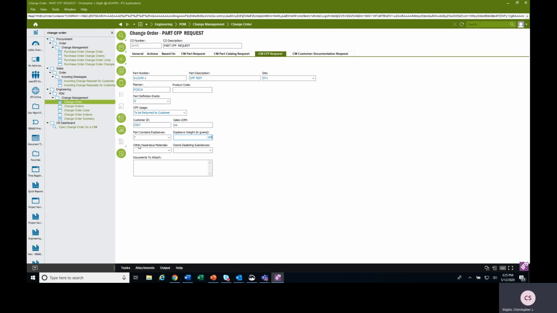And again, you do not need to add the other hazardous material or ozone depleting substances. You can leave that blank. The documents to attach, this is where you will tell us, similar to the CM part request, what technical definition, data sheet, and or drawing you're going to use. So if it exists in IFS, you'll just manually put in the document number as it exists in IFS,